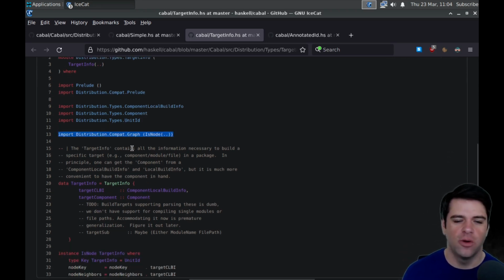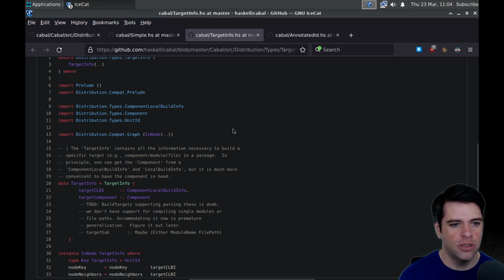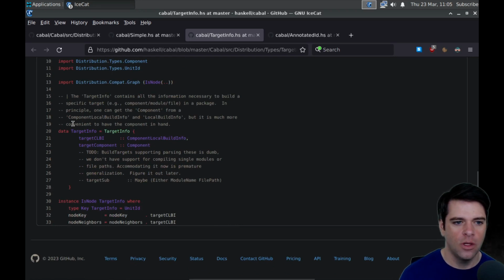Seems like we're getting to the more buildy parts of the software. So the target info contains all the information necessary to build a specific target, for example, component/module/file in a package. In principle, one can get the component from the component local build info, but it is much more convenient to have the component in hand. So I guess we're going to wrap whatever component local build info is as a target info object, essentially. I don't think you call it an object in the Haskell world, but